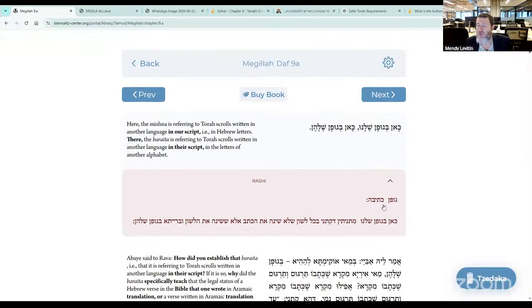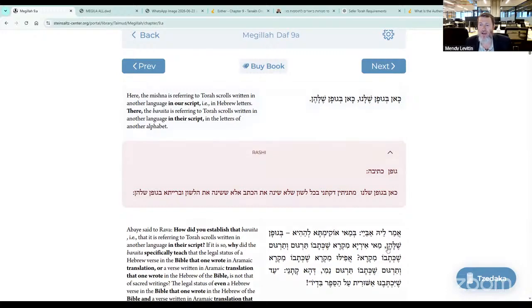The ksiva, the guf, means the writing. Kan b'gufa shelanu mashnisim d'ktani b'chol lashon shelishnis ksav. You didn't change the language. It's in Lashon HaKodesh. But the Brisa is in our guf: you changed how to read it. You're not pronouncing Hebrew words; you're pronouncing English or Mandarin, whatever. But the Brisa is talking about where you wrote it in another alphabet. Abaye says, if that's the case,